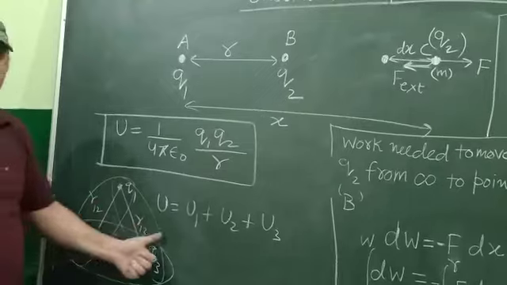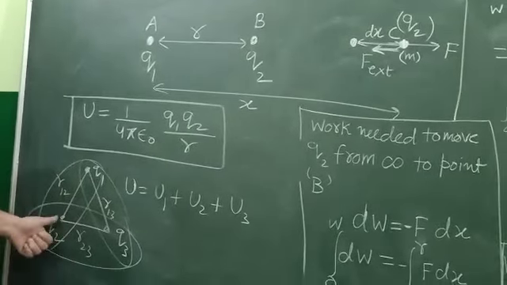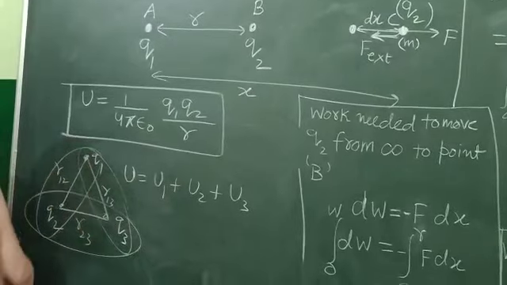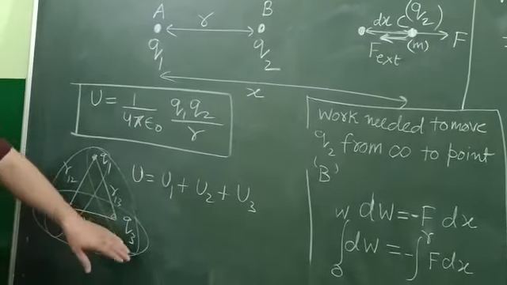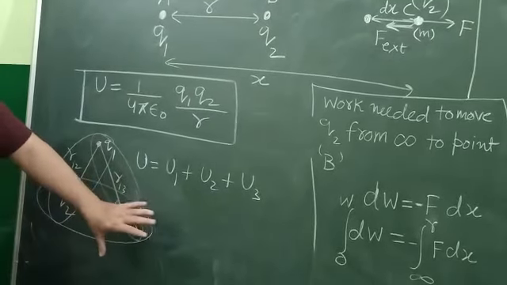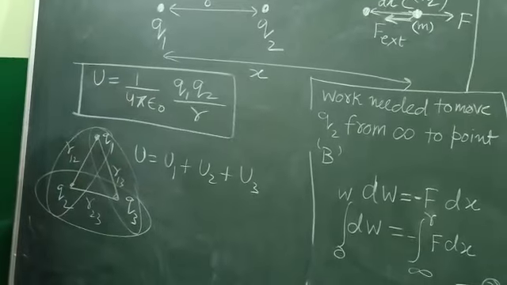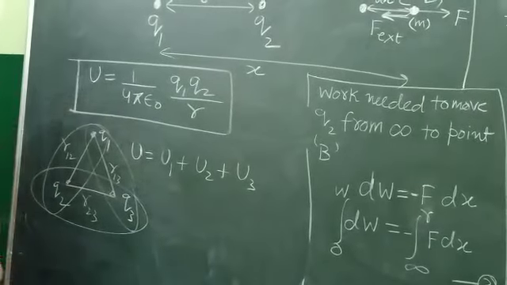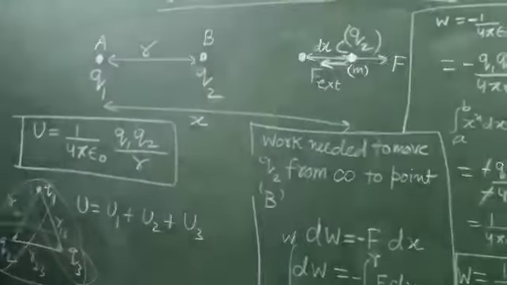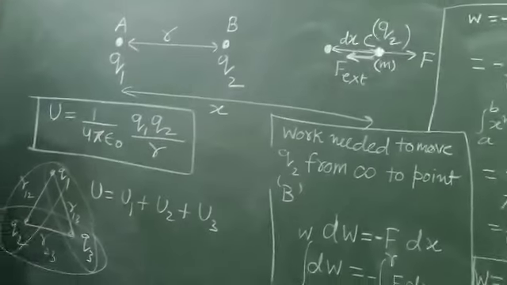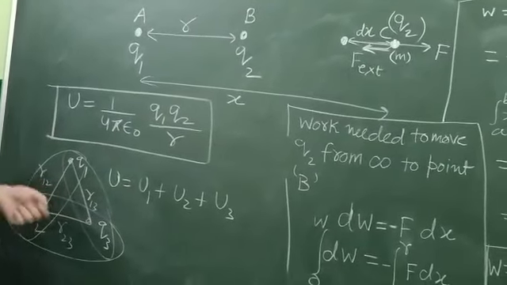So you have 3 pairs possible, because when you bring only charge Q2 close to Q1, no Q3 was there, then only Q1 was repelling or attracting it. And when you bring Q3, both are repelling. So when all the charges are interacting, the contribution of everyone is to be taken into account. But for mathematical purposes, when we solve it, we find that the potential energy is equal to the overall sum of potential energy of every pair in the system.